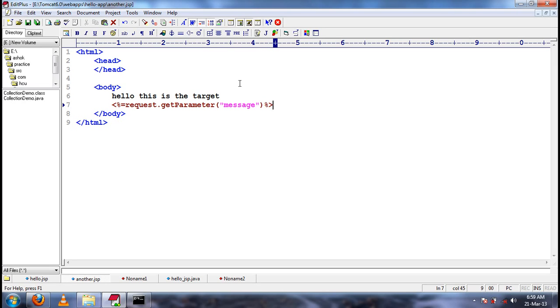I'm trying to access it through the expression request dot get parameter of message. As I told, an expression can be used to print some content to the console.